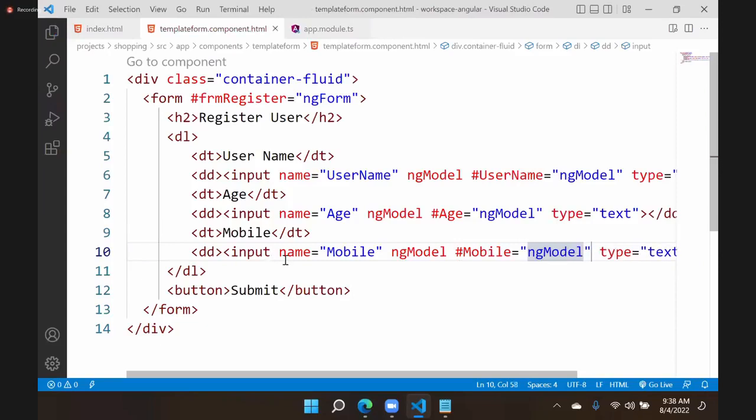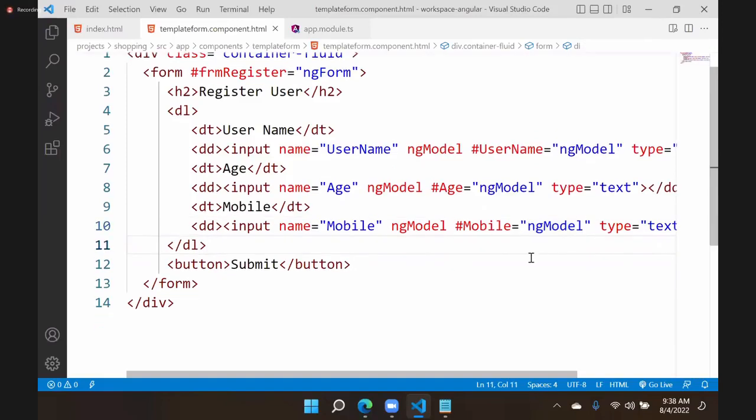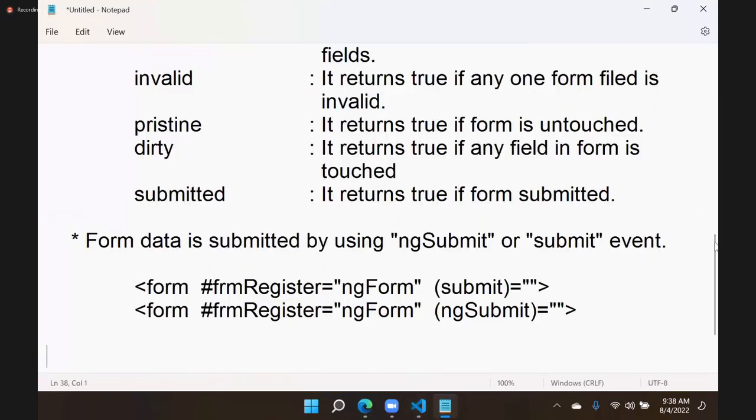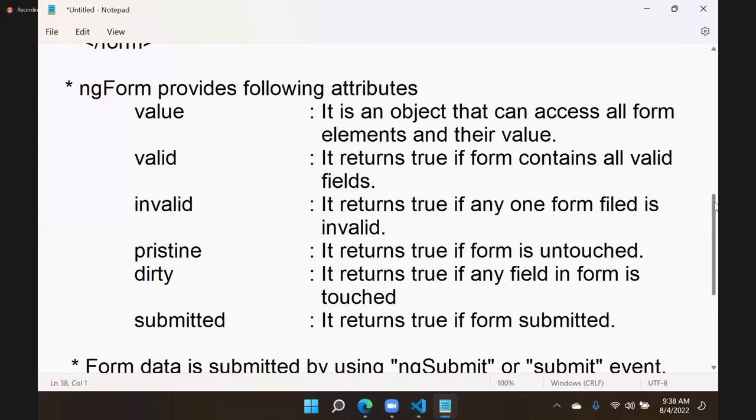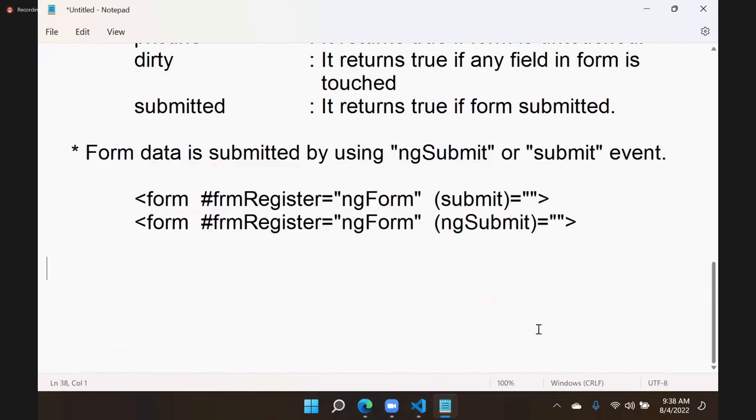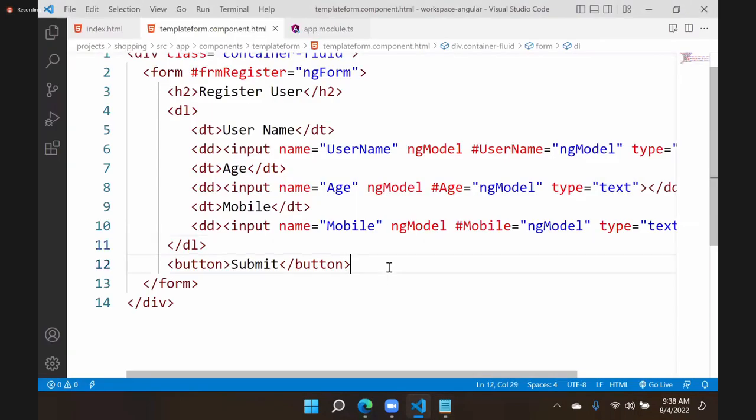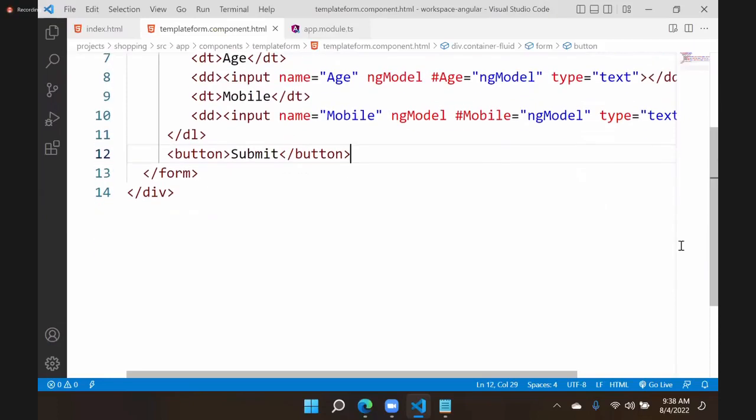Okay. Now first thing, I will show you all those properties. What are all the properties available? I will show you that. We will try to understand these properties that we discussed: value, valid, invalid, all these things. For your understanding sake, I am creating a simple